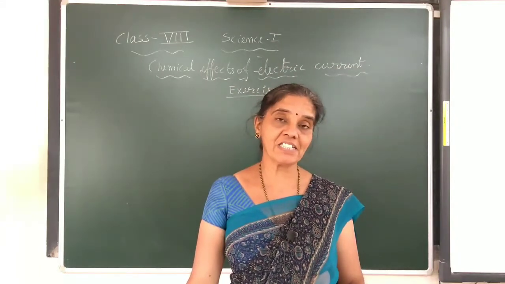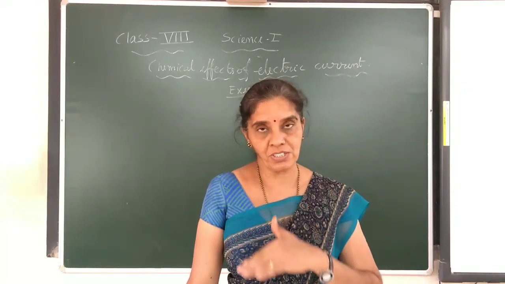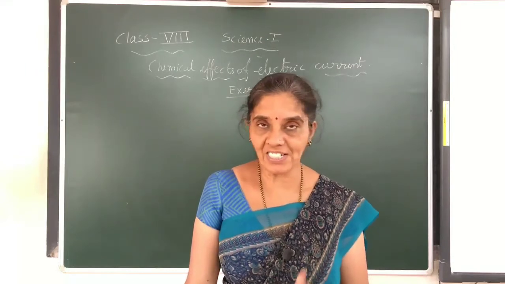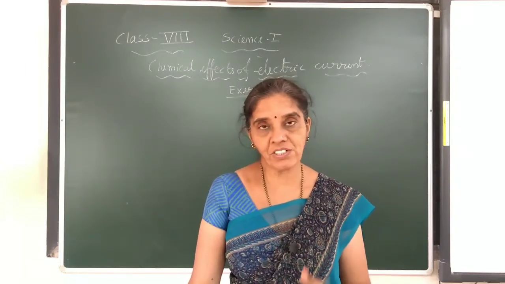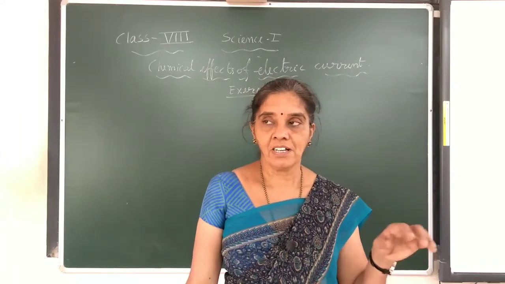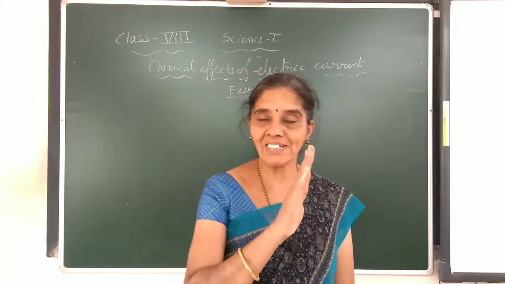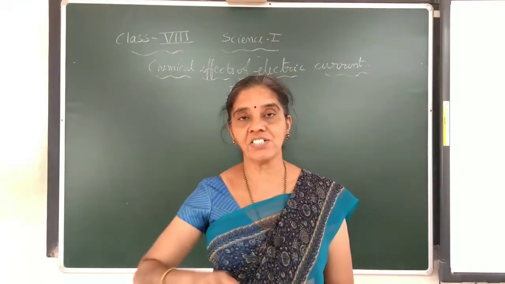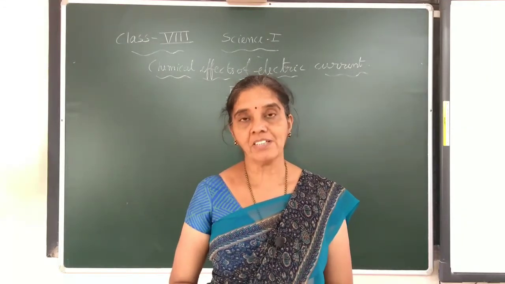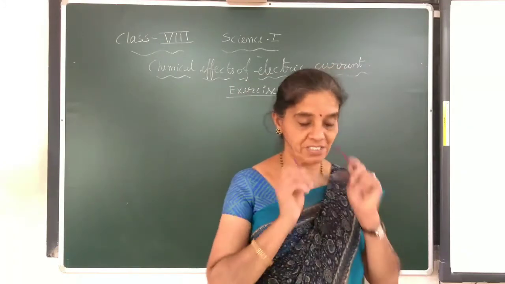Here magnetic needle they are given, so they have used the compass, and when the magnetic needle shows the deflection, it means magnetic effect of electric current. To bring the magnetic effect of electric current, the current should flow in the circuit. So, when the two ends of the wire, the tester, are dipped in the solution, the magnetic needle deflects, it indicates the circuit is complete, the current is flowing through the solution also. That is the reason the magnetic needle shows the deflection. Okay, that is the answer.